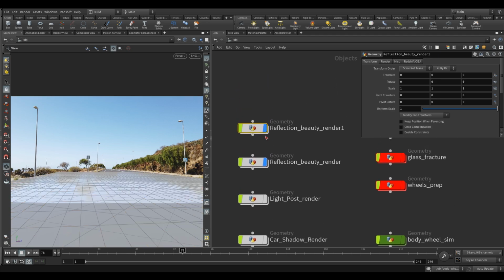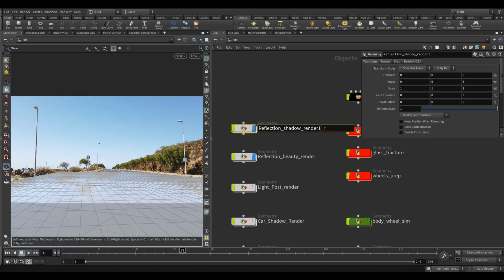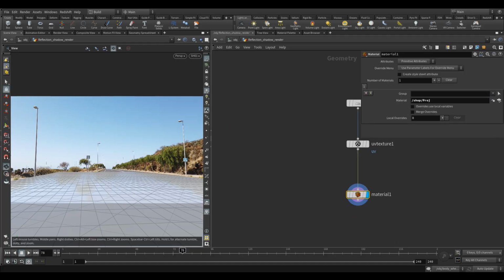And then we're going to basically copy this for shadows. So we need to get that shadow information from the car to put over the roads here. So let's call this reflection shadow render, that's fine, and jump inside there,